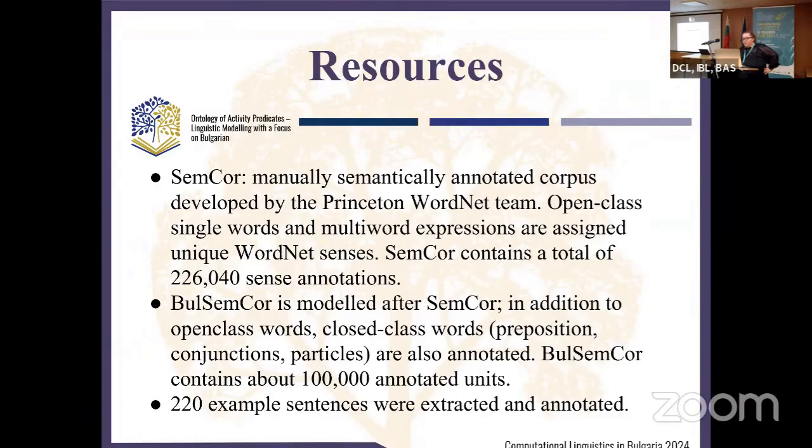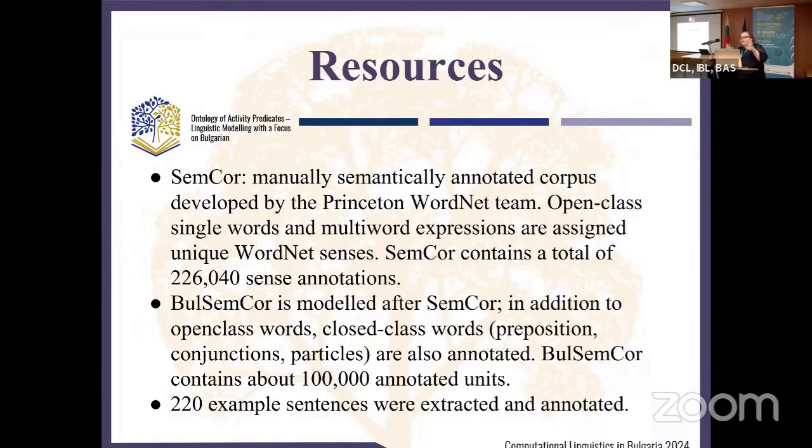And these are the two main corpora that I use to extract examples from. For English, that's the SemCor corpus. I chose these two corpora because they are annotated with WordNet senses. In the English corpus, only the content words are annotated, while in the Bulgarian corpus, closed-class words like prepositions and conjunctions are also annotated with WordNet senses. But what was important was to get the verb senses, to extract sentences containing verbs which were potentially realized as activities, and to see all the examples that I could extract with verbs of creation,